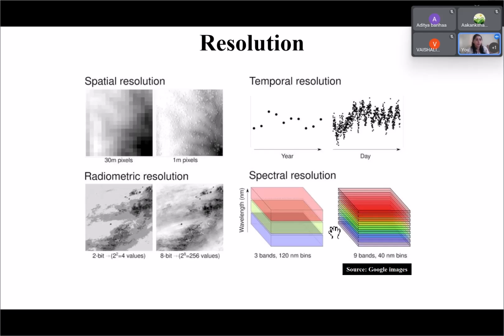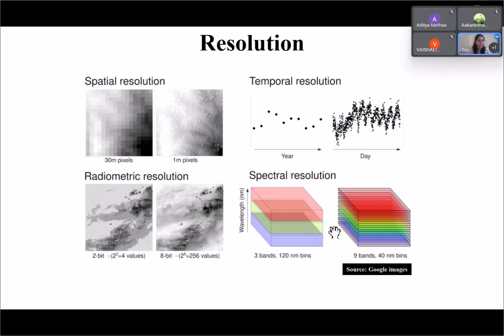Basically, if you want to have a multicolored image, you want more of these spectral bands so that you can discern those colors. Otherwise, it can only be black and white. It can only be 3 color codes, or it can have 9 colors. All these different bands help to look at those finer details. The more finer details you want to capture, the more resolution you want to tweak for all